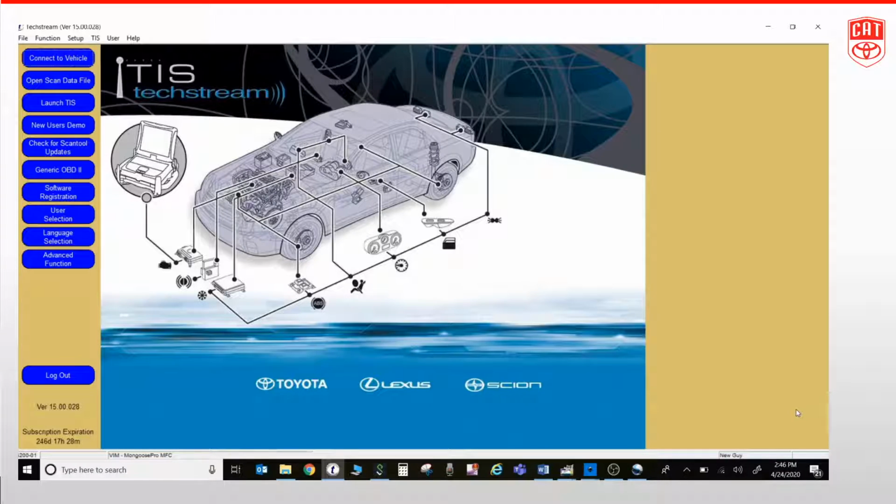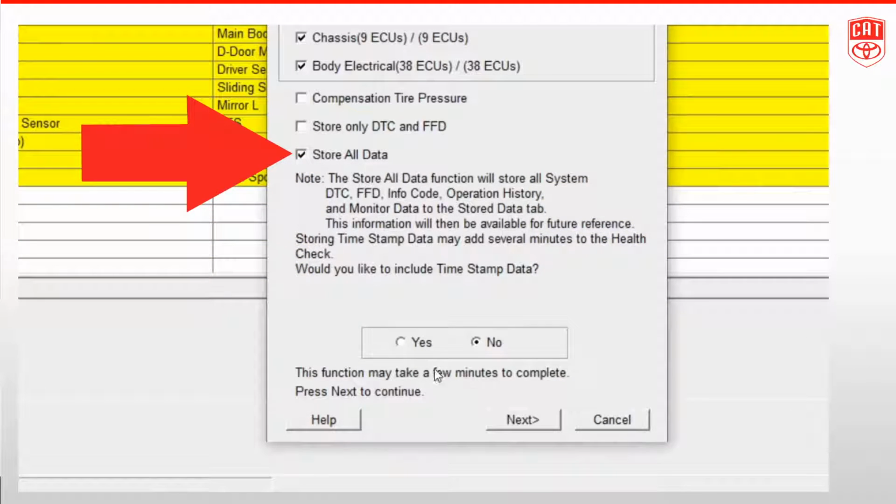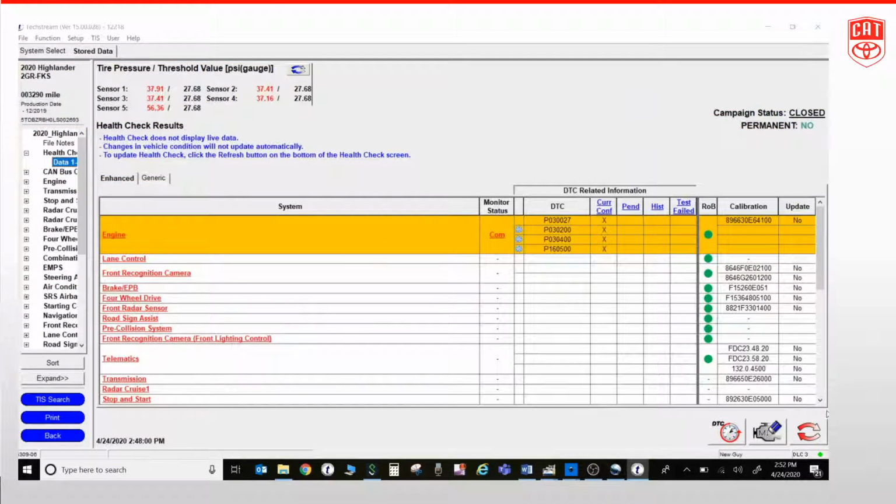When you're doing a health check, the storing function is automatic, so long as you check the box Store All Data when you're going into the health check. Click the button Store All Data. If you don't do that, then your freeze frame data, diagnostic trouble code information, and a bunch of other information will not be saved. Okay, now that the health check is done, we can see that we have all this data collected